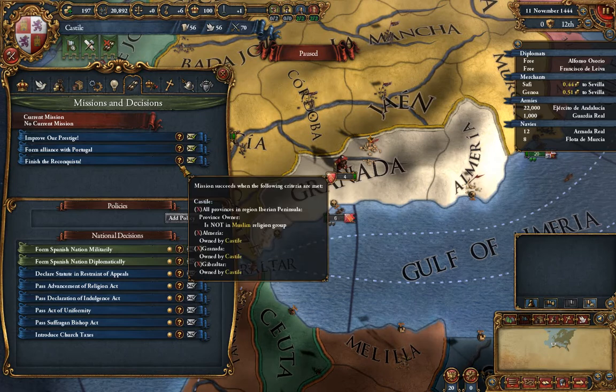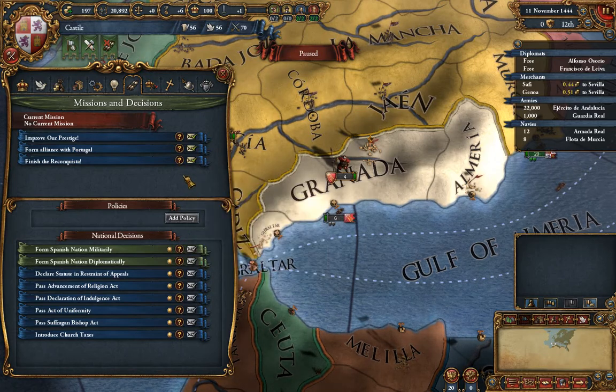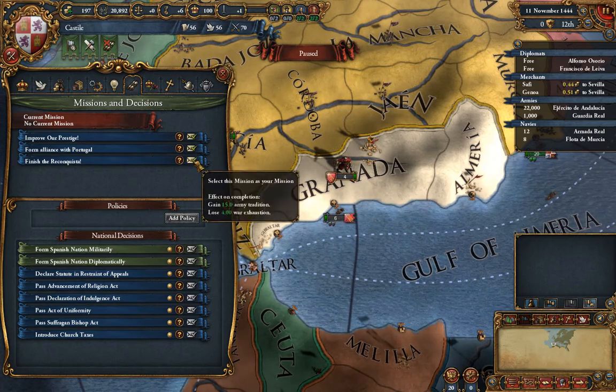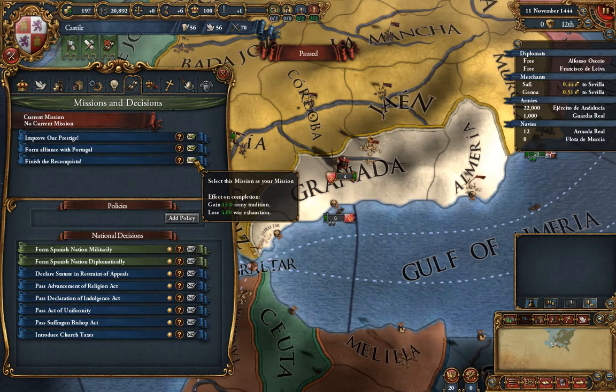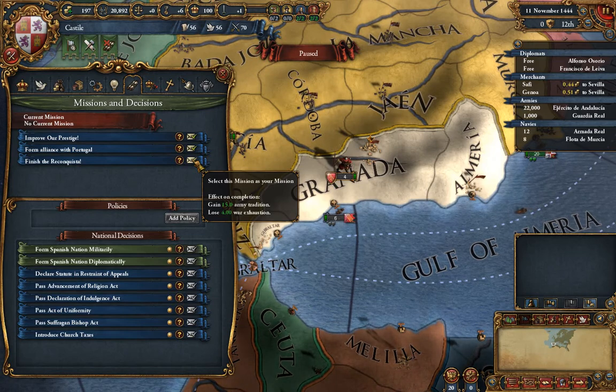Yeah, owned by Castile, and the province owner is not in the Muslim religion group. So basically we just have to beat Granada. That would take about 4 years to do. We're going to gain what's called Army Tradition, and lose War Exhaustion for completing that mission. So it's not really going to be that useful for us right now, but what we can do right now